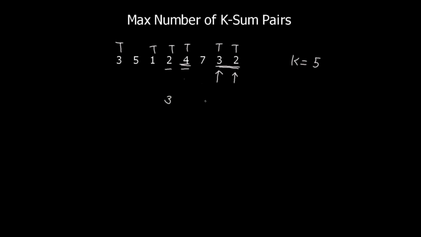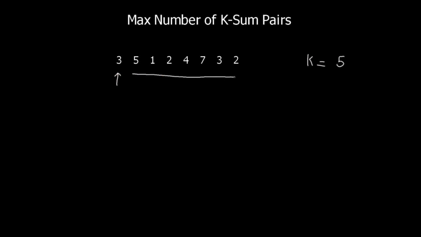So the answer is 3, and the time complexity in this case is order of n square. The time complexity is order of n square because we start from this element and we nearly loop over all these elements. Then this pointer, that is pointer i, moves forward, and we again nearly loop over all these elements, and so on. Therefore the time complexity is n square, and this solution won't work because n square is actually huge. So now let us look at a better way to solve this question.